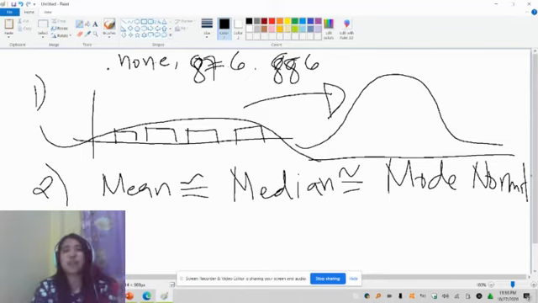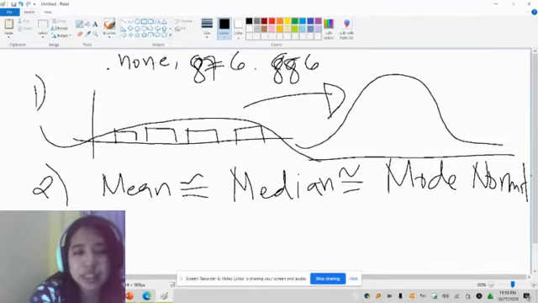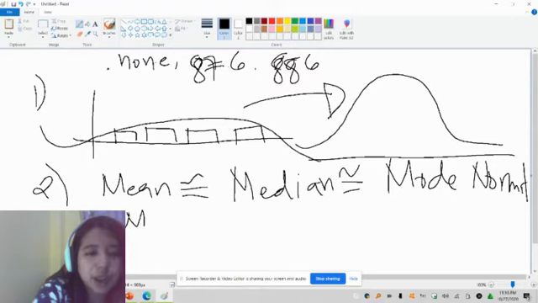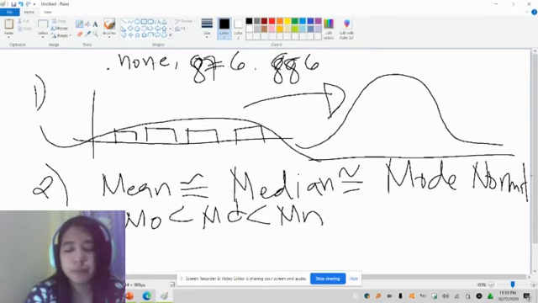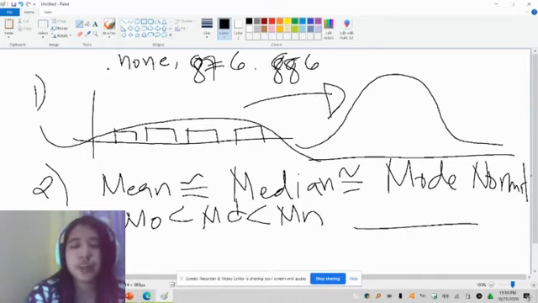While if it's not, then it is skewed. For instance, if the mode is the lowest, the median, of course, is the middle, and the highest is the mean. If we have this kind of comparison or given data,